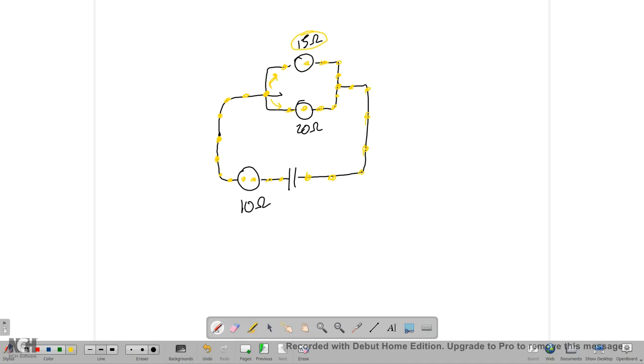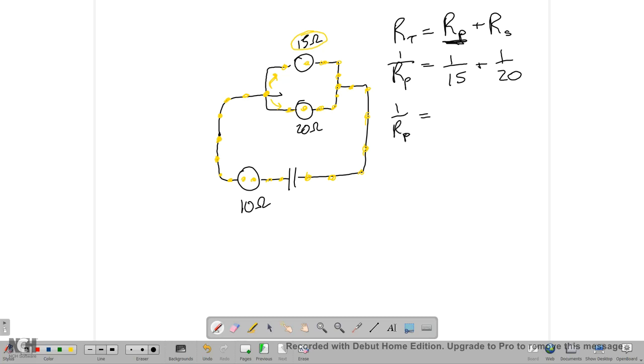Okay, so what we want to do here to solve for the total resistance in this circuit is going to be equal to the resistance of the parallel portion plus the resistance of the series portion. Okay, now to do this we first need to find the parallel resistance, so let's do that first. So 1 over RP is equal to 1 over 15 plus 1 over 20. 1 over RP is equal to